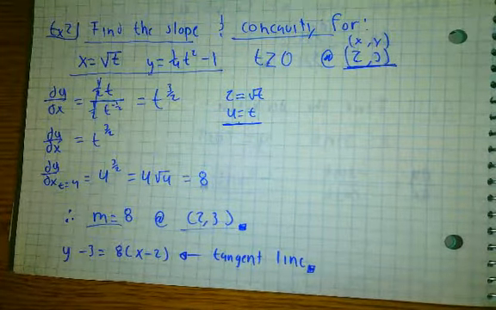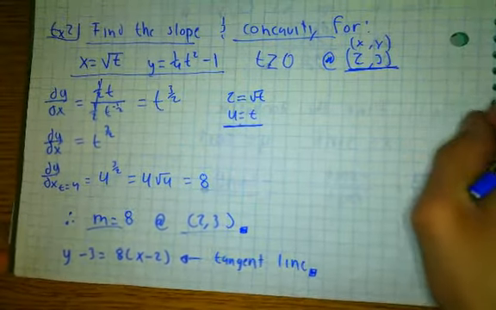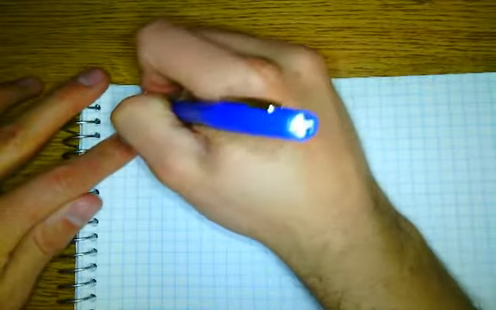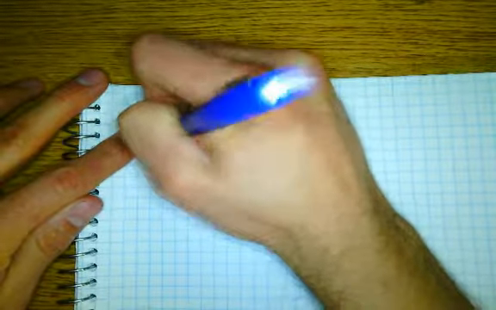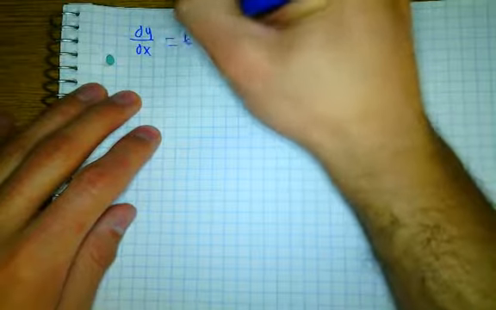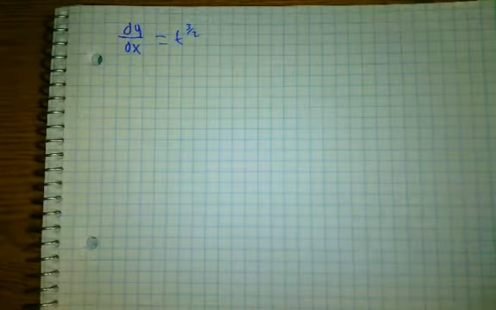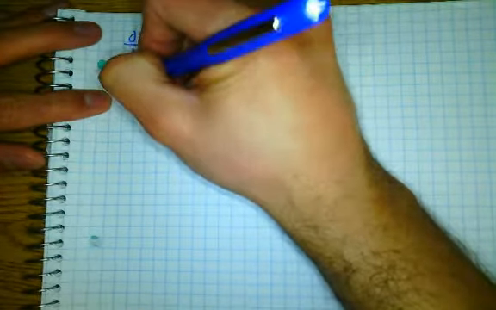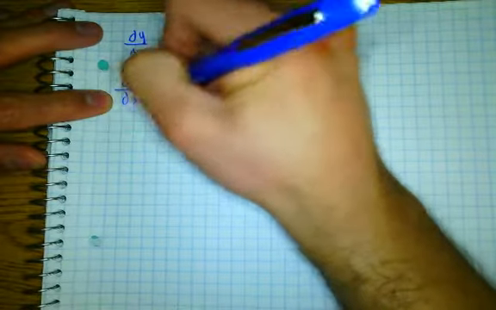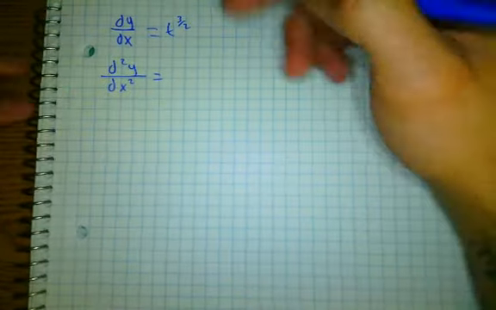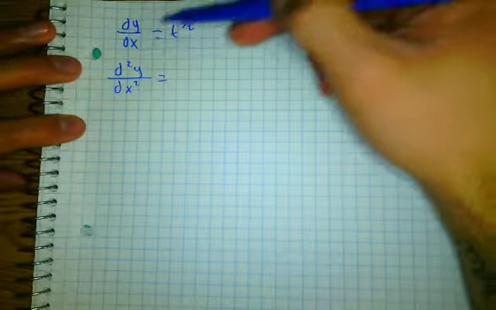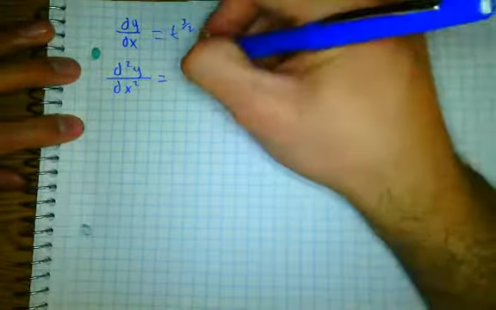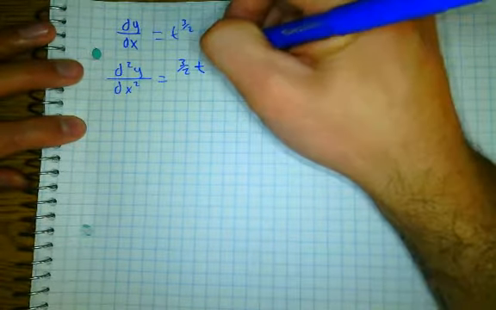Alright, I'm assuming you already gave it a go, so let's go over it. We obtained from part A that the derivative of y with respect to x was equal to t to the 3/2. To find the concavity, we have to find the second derivative of y with respect to x. I have to take the derivative with respect to t of this thing here. So that's going to be 3/2 t to the 1/2,